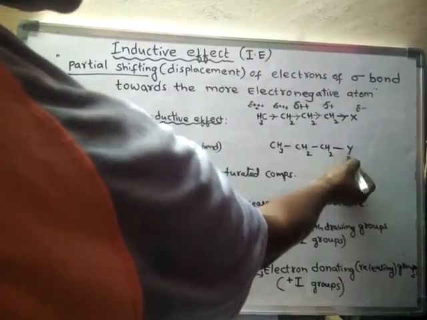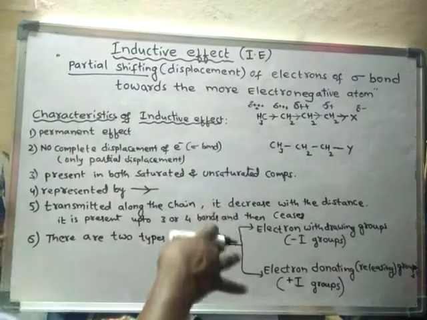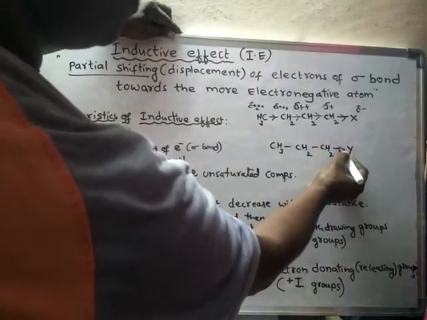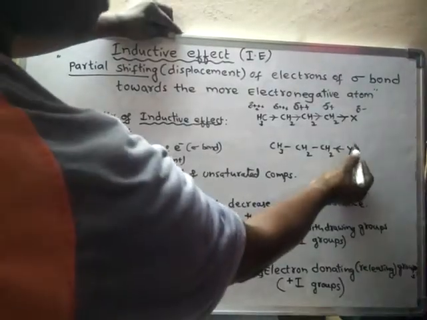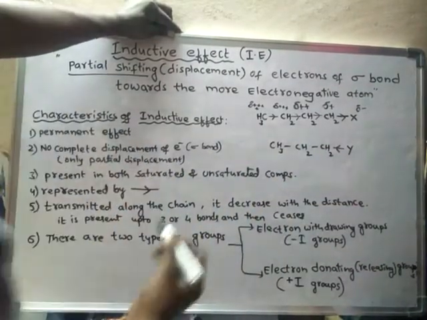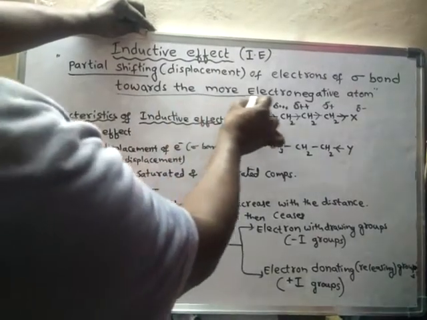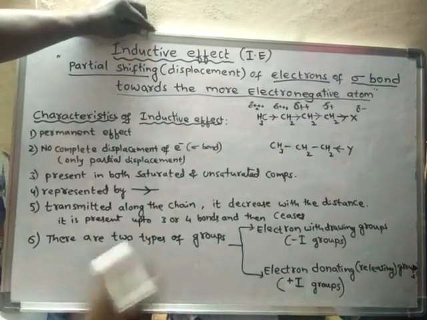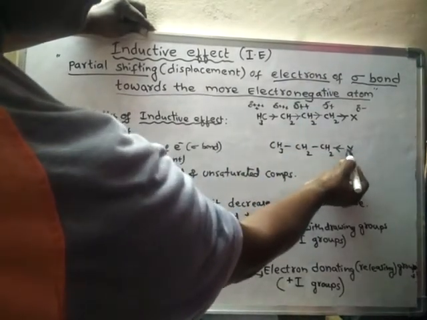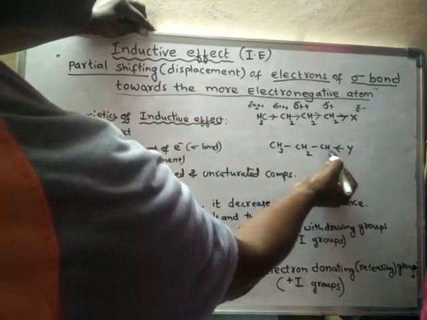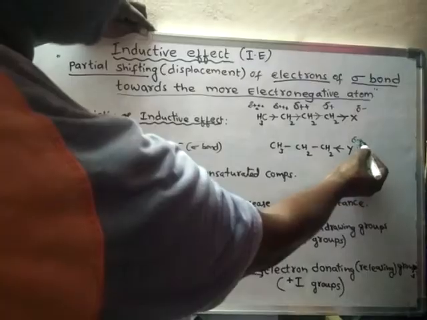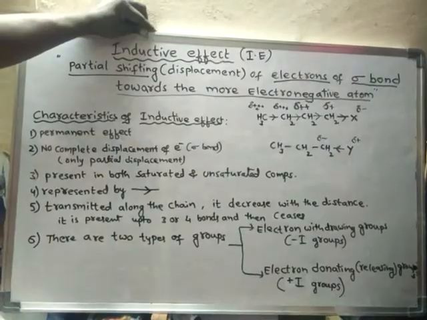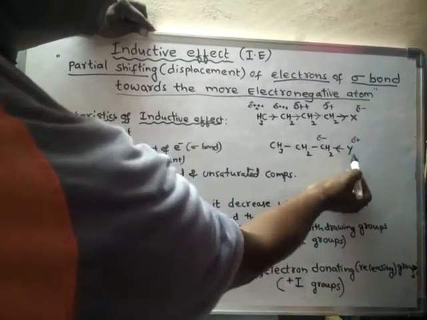Suppose here, if you take this one, if it is a less electronegative atom than carbon, in that case what happens? The sigma bonded electrons will move towards the carbon because it is a less electronegative atom than carbon. Always remember that. Towards the more electronegative atom only, the sigma bonded electrons will shift. Okay, so what happens here? If this is less electronegative than this carbon, it will develop a partial positive charge. Now the carbon will get a partial negative charge.